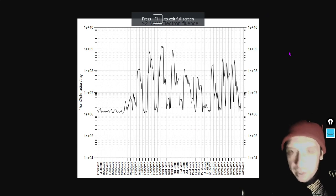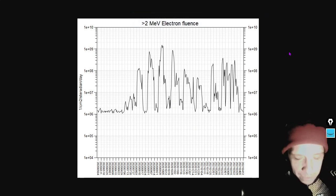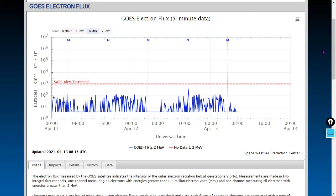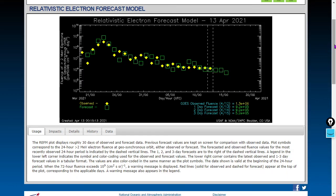Let's continue on here with some information about electrons. So the Earth is surrounded by electrons, as well as a soup of other ionized particles in Earth's plasmasphere. Here are the relativistic electron flux over the past 1 year, as reported by Solon.info. Here's the 3-day chart, and we're seeing quite low levels of electron flux continuing here, as solar minimum conditions have sort of come to an end again here with this new uptick in the radio flux and a significant sunspot